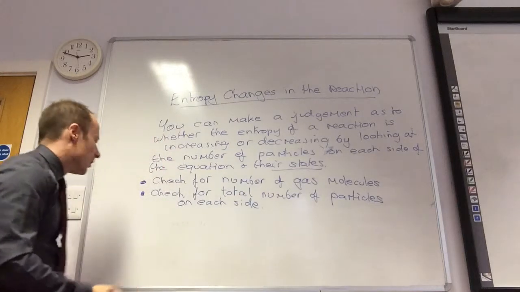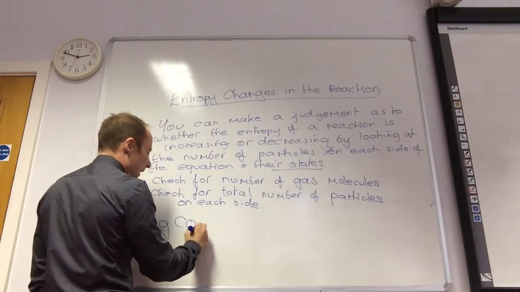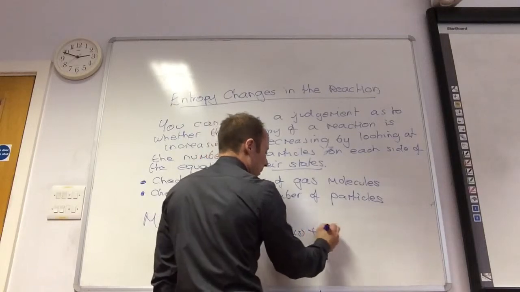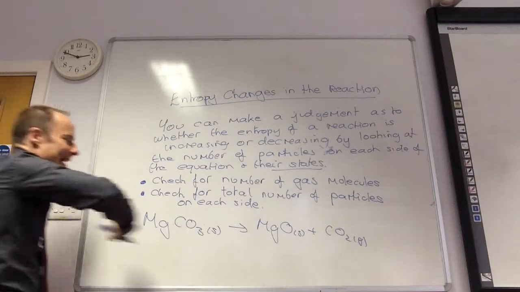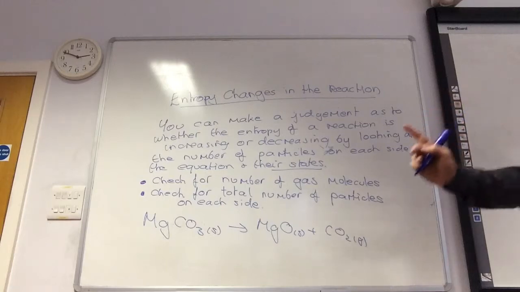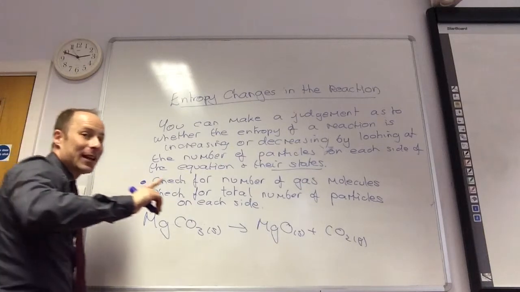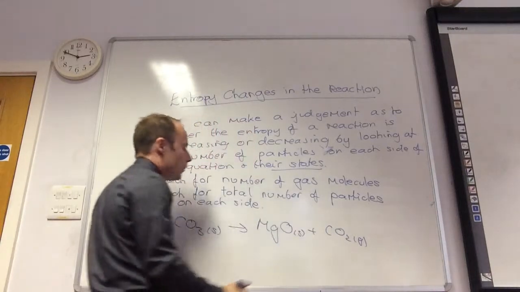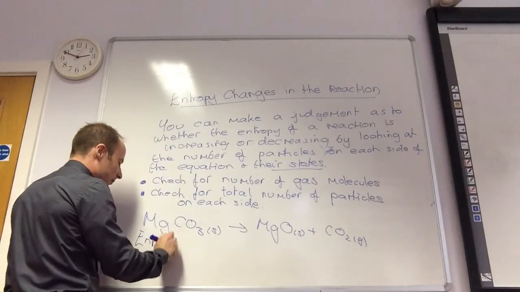So let's do a couple of examples. Example number 1, we will go back to our magnesium carbonate solid becoming magnesium oxide solid plus CO2 gas. Is my entropy increasing or decreasing? Increasing. Why? There's a gas, and also 2 particles. 1 particle becomes 2 particles. So for this one, my entropy is increasing